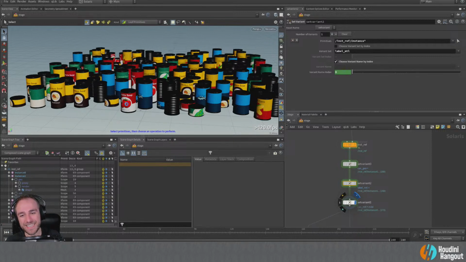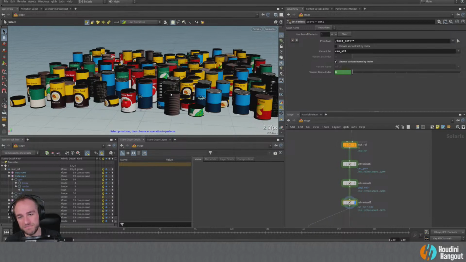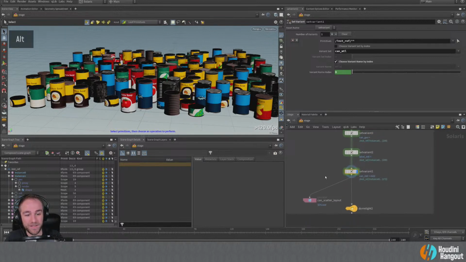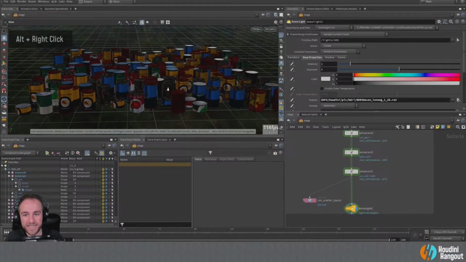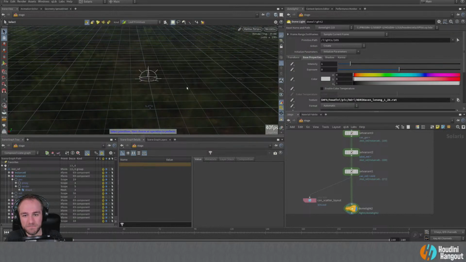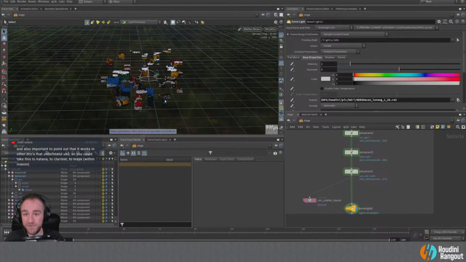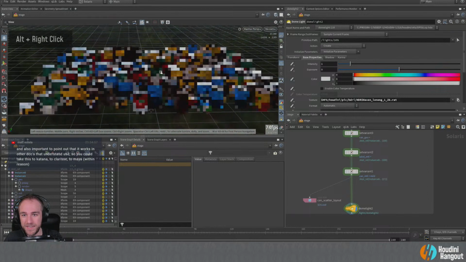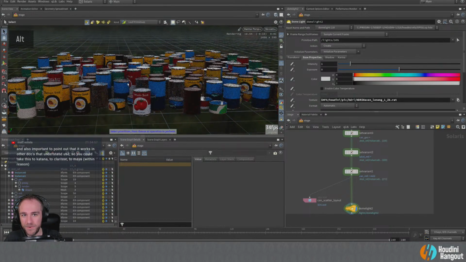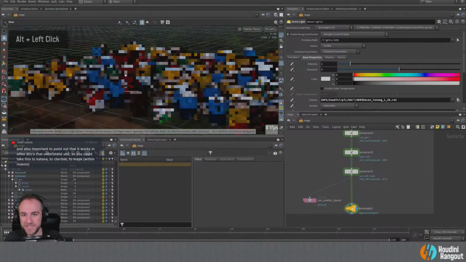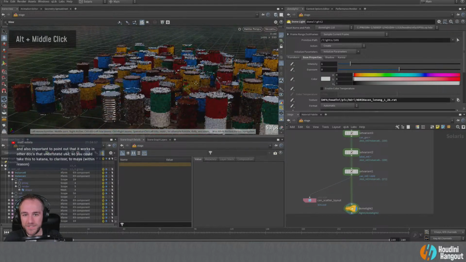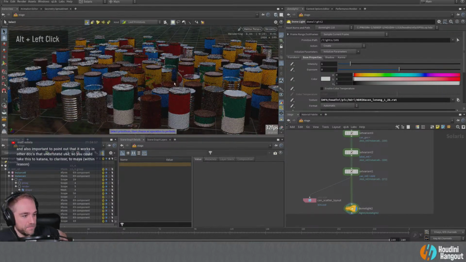Now we could technically do this all in one node because you can actually set the number of variants here. You could set 3 of them and do them all in one node, which, fine, we could do that. I just like the idea of having them all spread out like this. And then if we add in a dome light and maybe turn on Karma here, we can see this start to render. And there we go. We've got all of our different materials for our cans, rendered, shaded, all that kind of stuff.